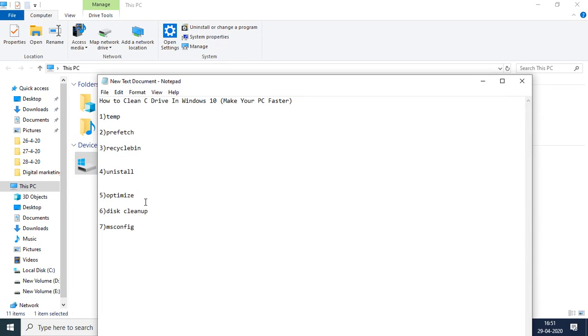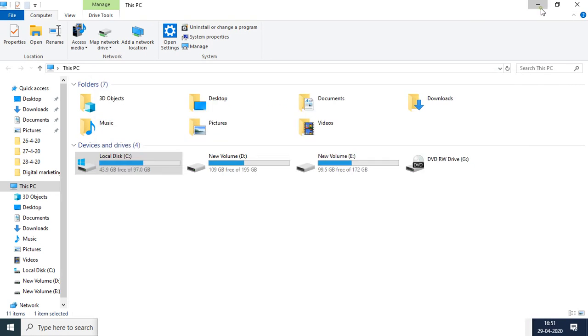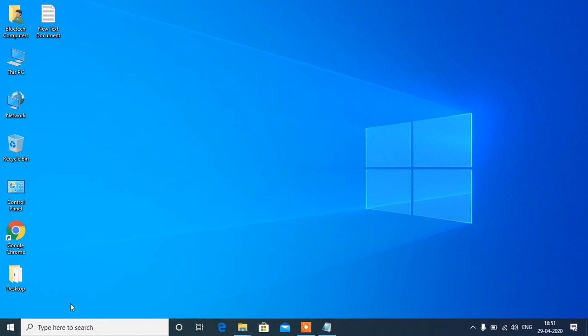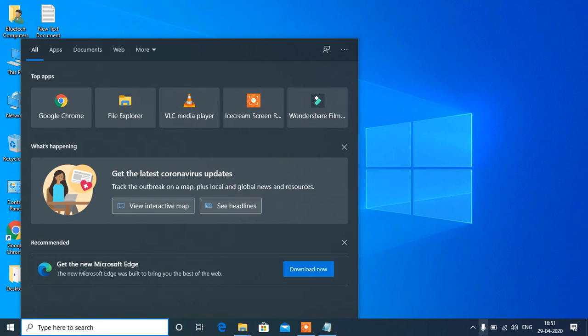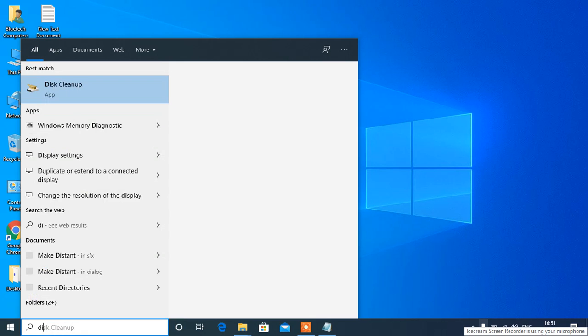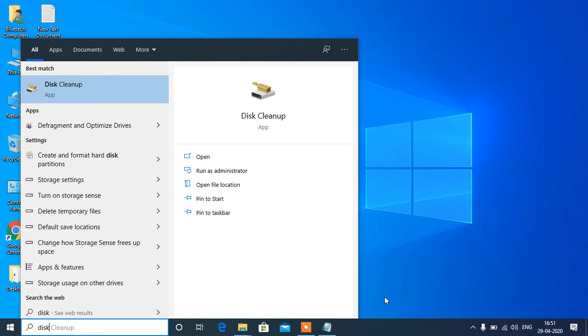Now the sixth one is disk cleanup. For disk cleanup, type disk cleanup in the Run box and click here.